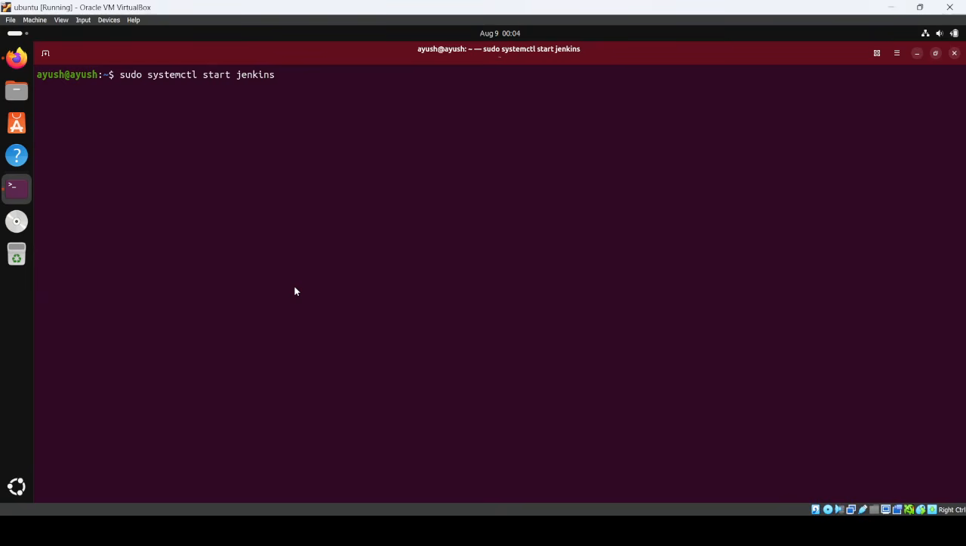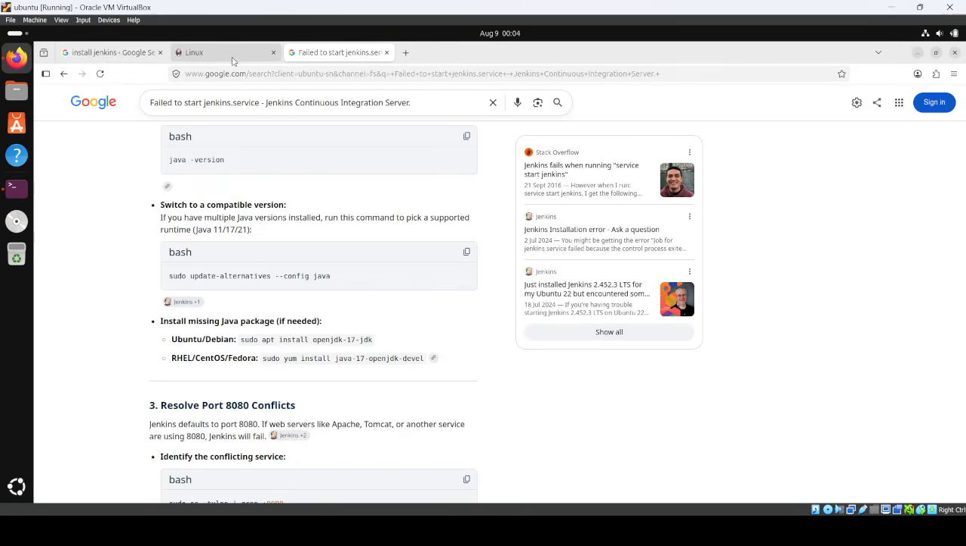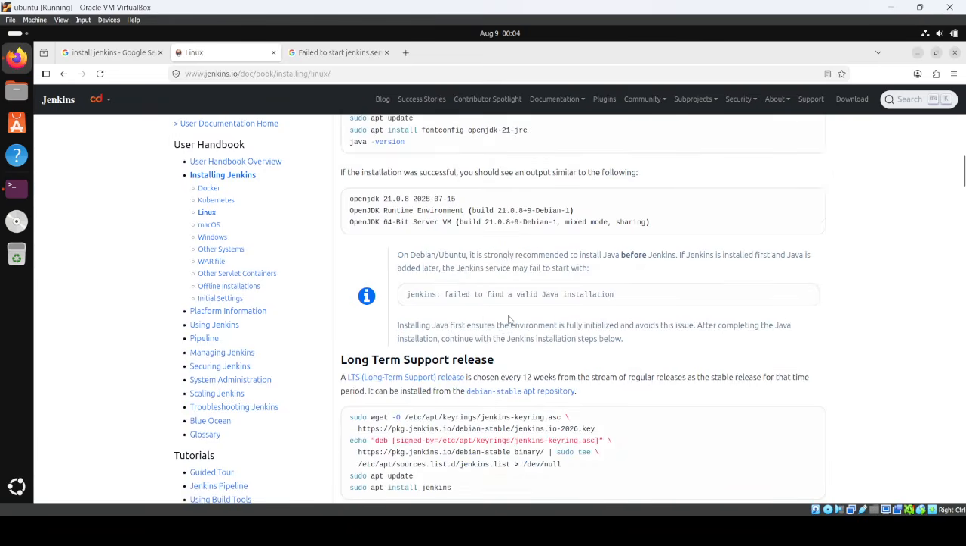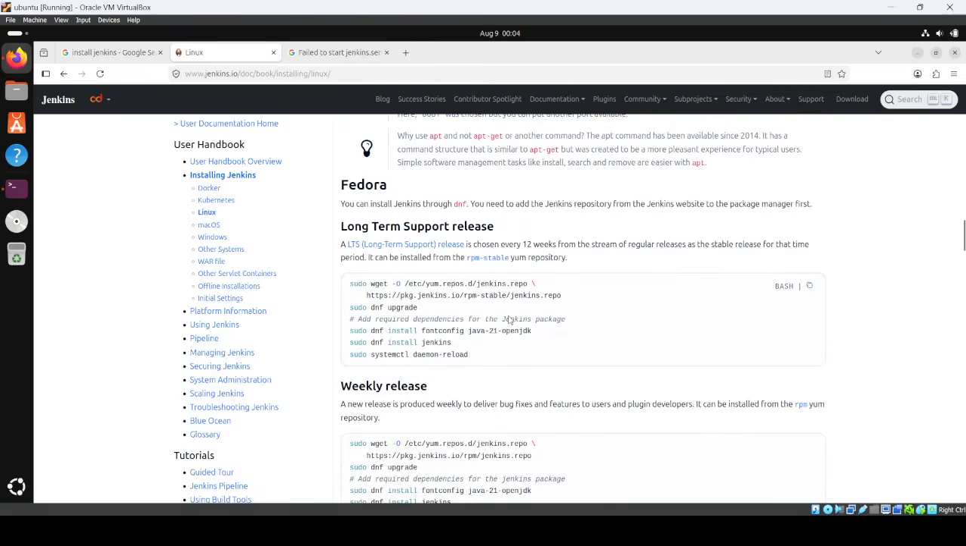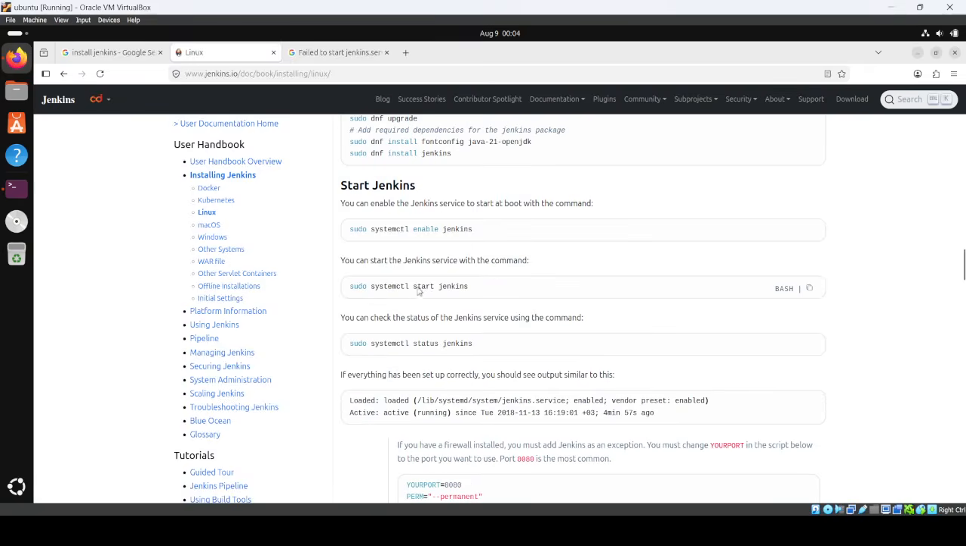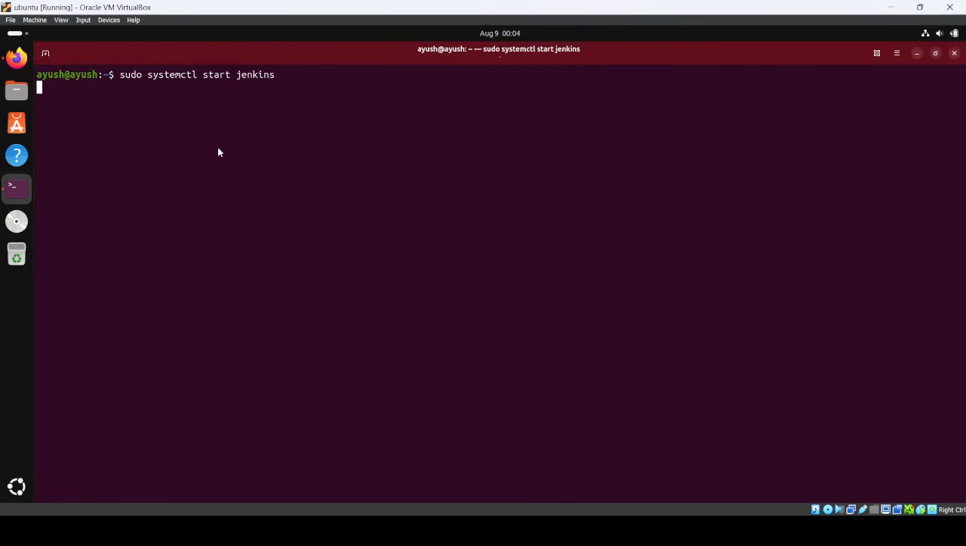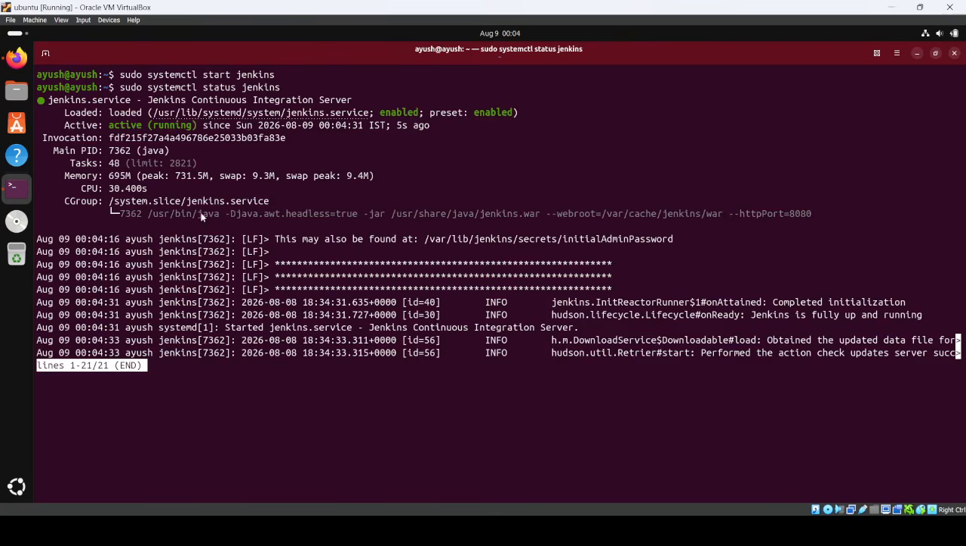We'll just wait, and also we can see commands also right over here in Linux tab. Yeah, it's the same, only start Jenkins. Why is it taking time? It should not. Okay, it's done. Now if I just do status over here, so you can see, oh cool, now it's showing